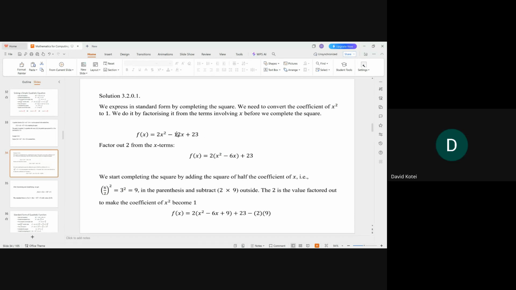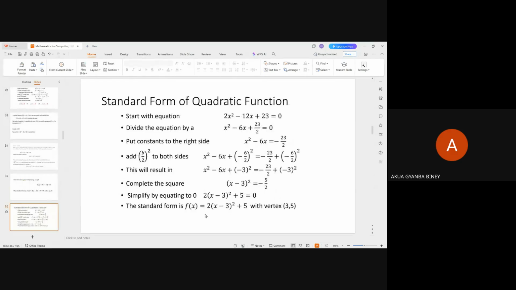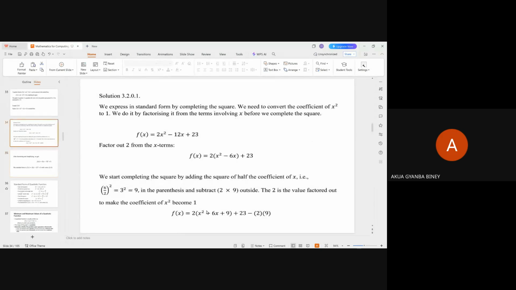So I think if the coefficient of x squared is not 1, then you have to multiply when you are subtracting. And then he got that. So what he gets from it is 2,